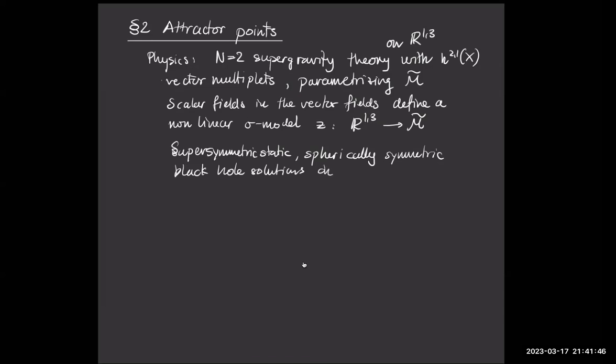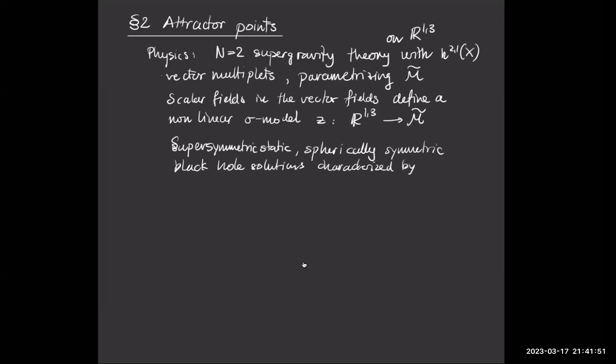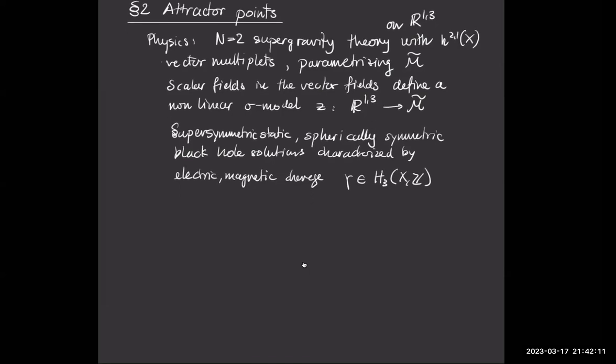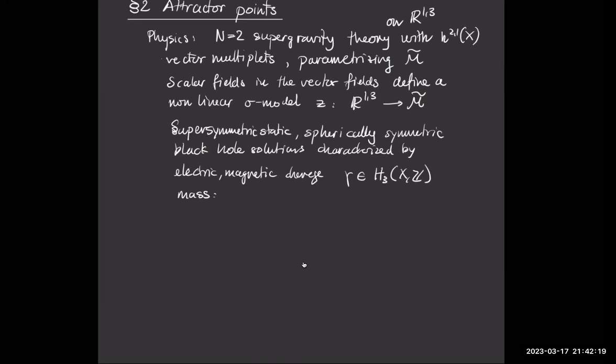Now, such solutions are characterized by a few quantities. Namely, first, they carry an electric and magnetic charge, gamma, which turns out to be in the lattice of 3-cycles of the Calabi-Yau threefold. Then they have a mass. And the best way to describe the mass is by looking at its square,